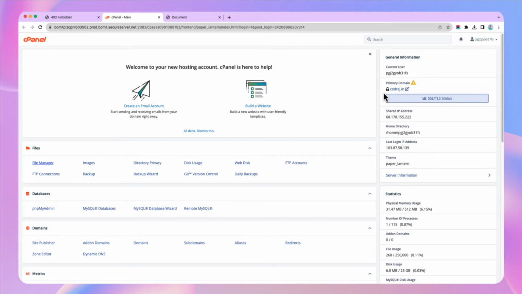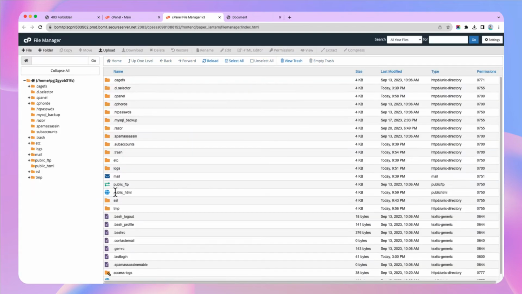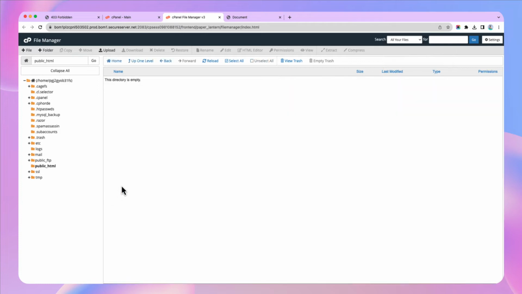Hello friends, today I am going to show you how we can install Stockifly on the cPanel. So I am on the cPanel dashboard. After that I will go to File Manager and I will go to public HTML where I want to